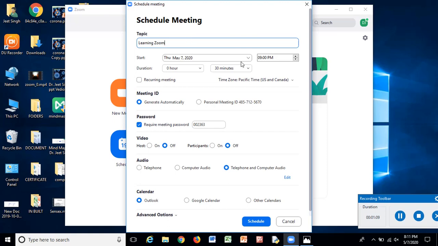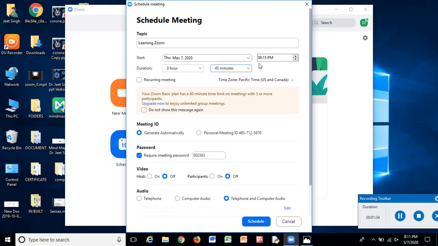Today is 7th May, so we can schedule our meeting at any time, suppose 8:15 p.m. We can also set the duration of the meeting. Suppose it lasts for 45 minutes, so we can write 45 minutes here.